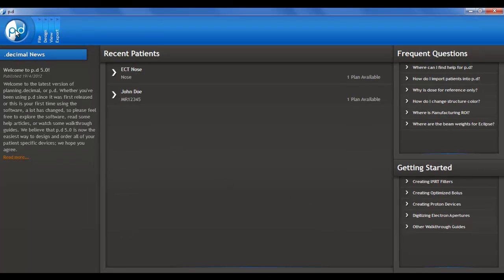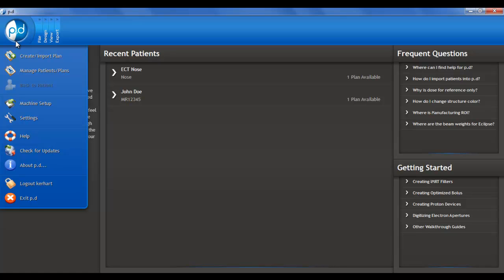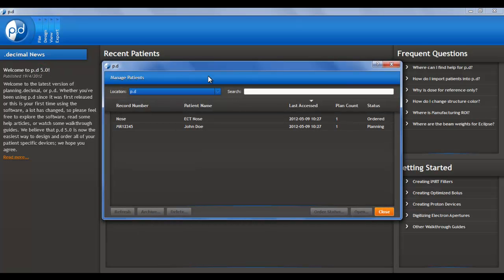So we go back to our planning menu. And with Pinnacle, we're not really creating or importing a plan. We are actually connecting directly to the Pinnacle machine. So we do that through the Manage Patients dialog. So click Manage Patients, and then you'll see up at the top left, we have the location where we want to look at the patient repository. So we're currently looking at the local computer, which is P.D, and instead, we want to look to our new Pinnacle FTP host. So when we click that, we're going to connect to our Pinnacle machine, and any plans that are available in the directory that we chose a minute ago are going to be visible here in my P.D